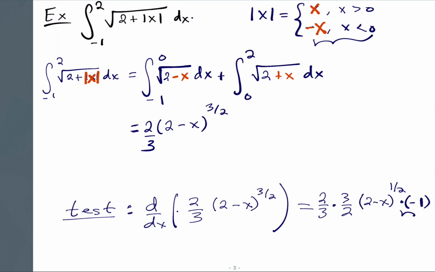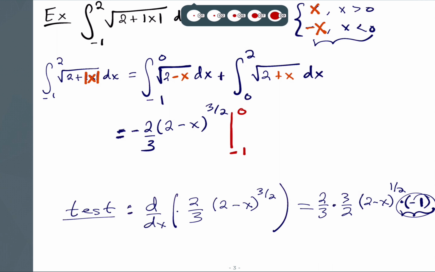Because this is a constant, I still can get the antiderivative. All I have to do is make this a negative. But it's only because this is a constant. If this was some variable or whatever, then I would not be able to do this at all. But you do have to be a little bit careful, right? Okay, so does that make sense? Yeah? So then this is going to be from minus 1 to 0. And then,